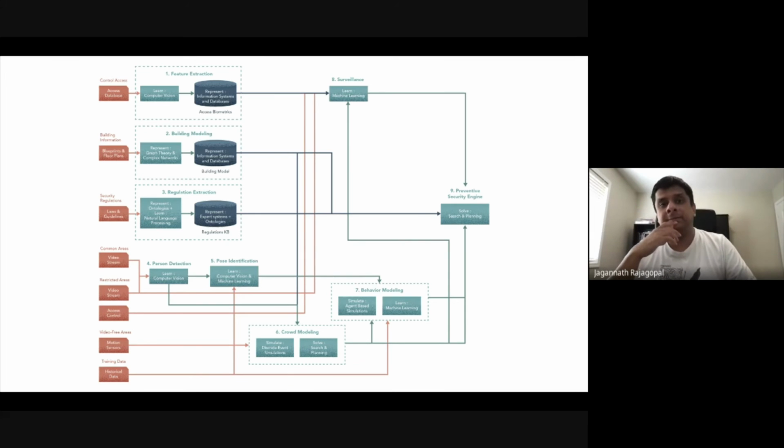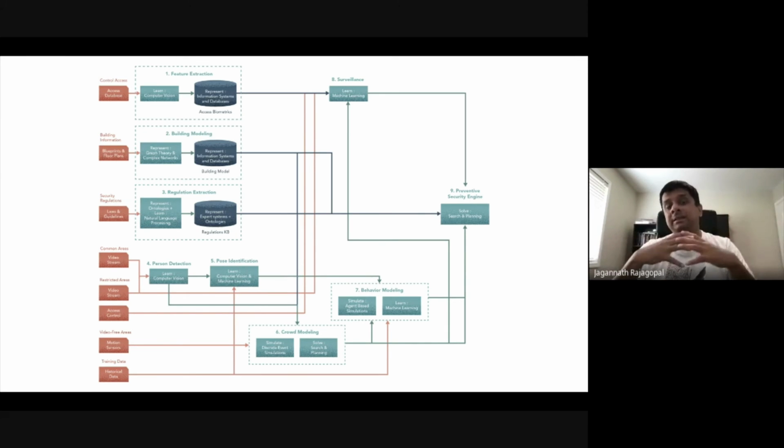So maybe there's a person that's not there in a particular area, and we need to do something about this. And we know that there's a crowd in the area, and in spite of that, we have this information. And so that's logical programming. That's just rules and regulations and procedures that are enacted upon a particular incident.